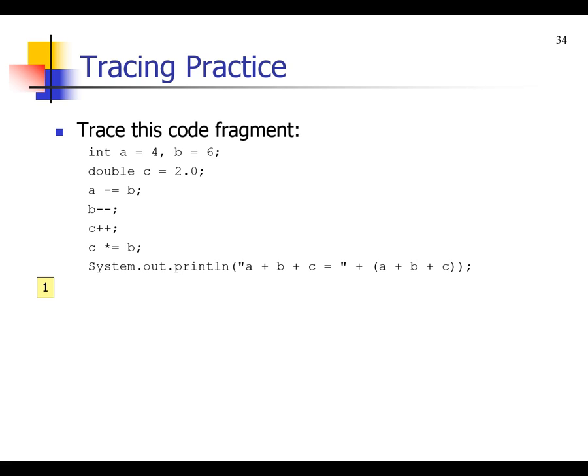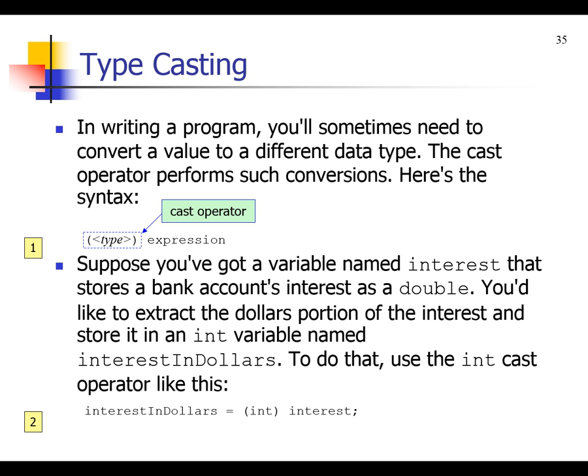So 3.0 times equals B, B is 15.0. So what do I have here? I'm going to have A, we declared as a -2, B, 5, C, 15.0. It's a fun little bit of code. Okay? Typecasting. Sometimes you'll need to convert a value to a different type,